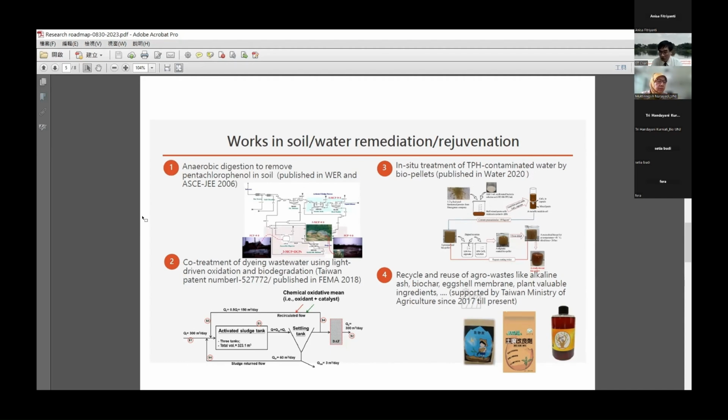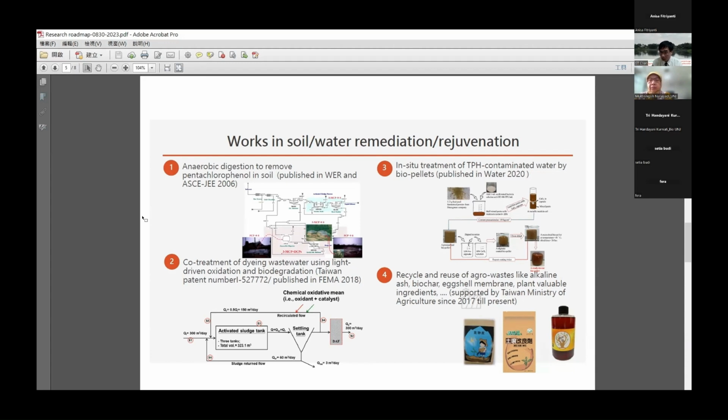In Taiwan, we use a lot of very special dyes to dye artificial fiber, the typical dyes like acid dye or reactive dye. In this treatment, we use catalytic oxidation to break that complex dye first into small molecules, and then we use a biological way to clean up the rest of the dye. And then we are also working on some kind of